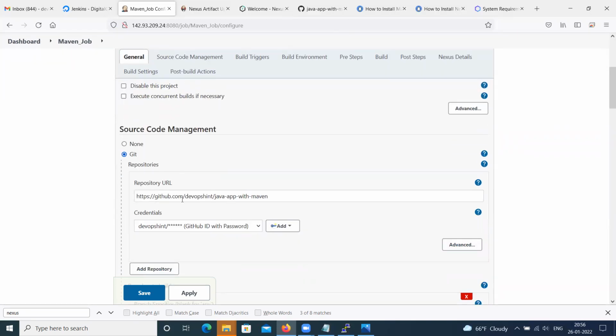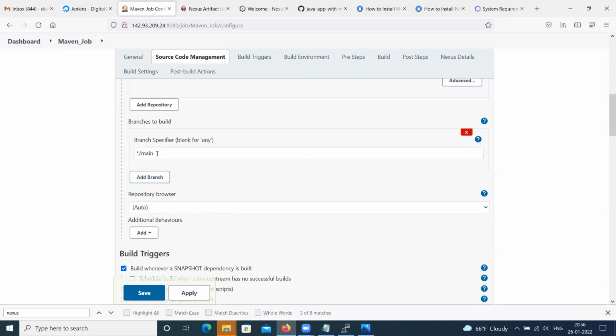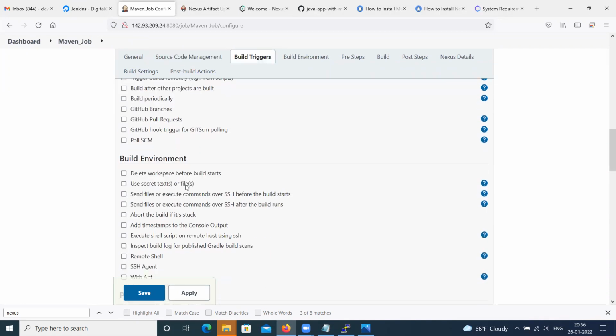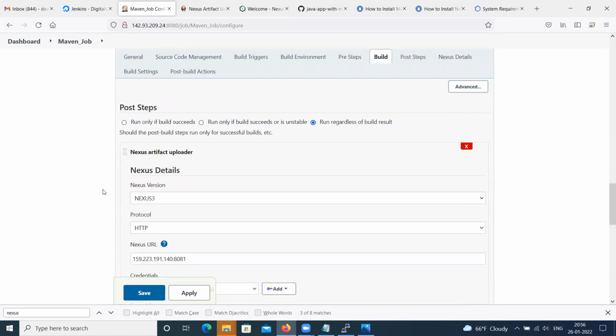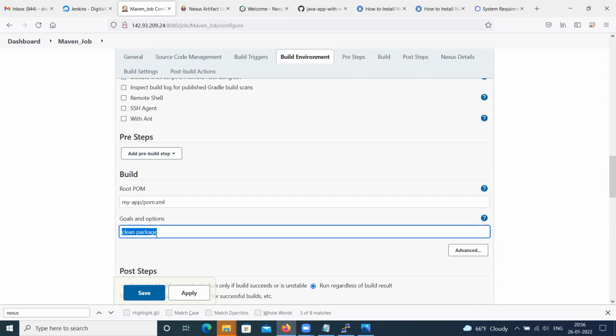Then after that source code management, here I have given the same repo, then credential, then branch is main. Then after that, given the pom.xml location, then clean package. So after this clean package, the jar will generate. Okay. And after that,